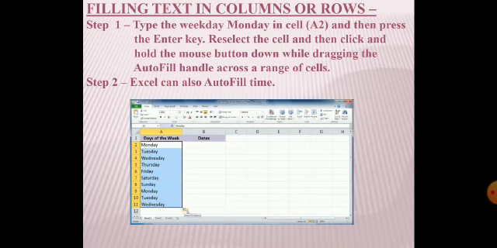First step is to type the weekday Monday in cell A2 as given in the diagram, and then press the Enter key, reselect the cell and then click and hold the mouse button down while dragging the autofill handle across a range of cells. Then you will get weekdays, and like this you can also autofill time.